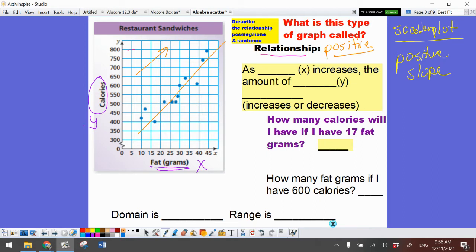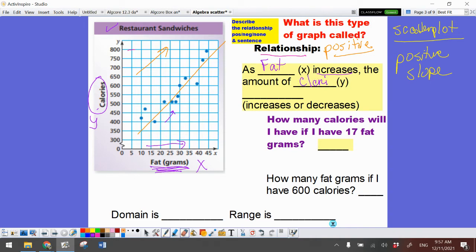So let's take a look at what our data is talking about. We're talking about restaurant sandwiches, okay? We're talking about number of fat grams versus the calories. Well, it makes sense that the higher the fat content in a sandwich, the higher the calories. Okay. The more fat, the higher the calories. So when I write my relationship, okay, I always start with my X value, my X label. Okay. So that means as the fat grams increase, and I'm using increase because it's going up, these numbers are getting bigger. The amount of blank, which is our Y, calories,